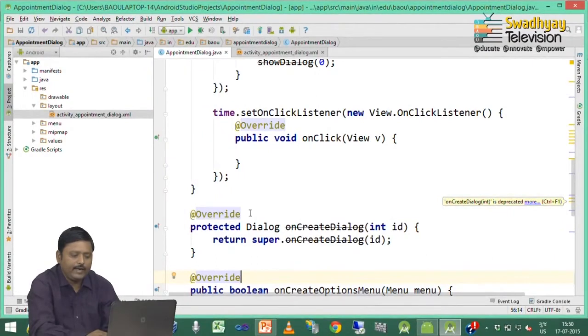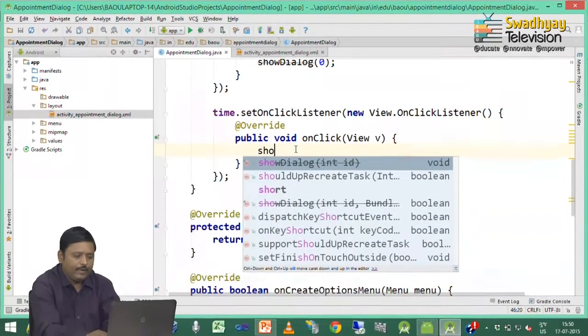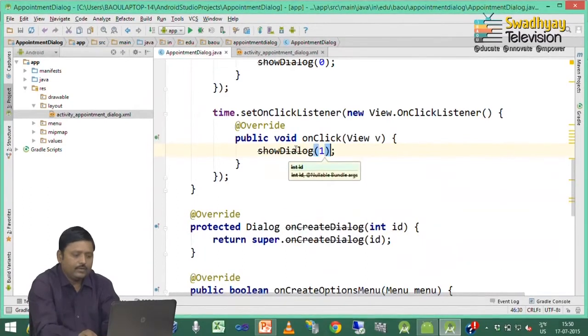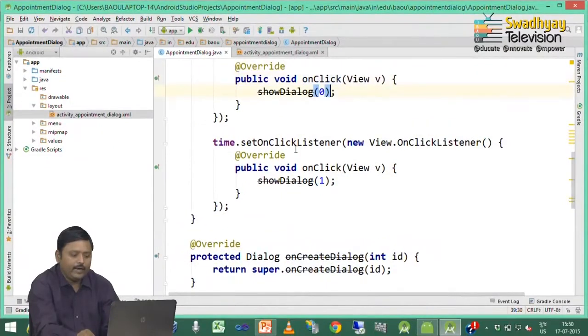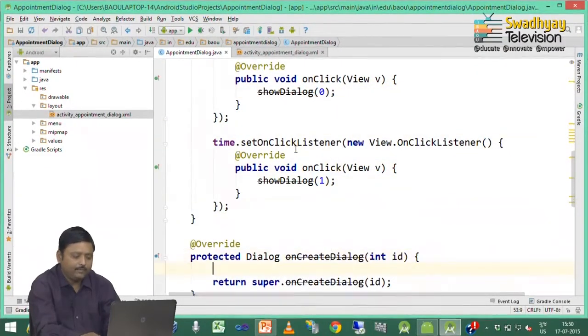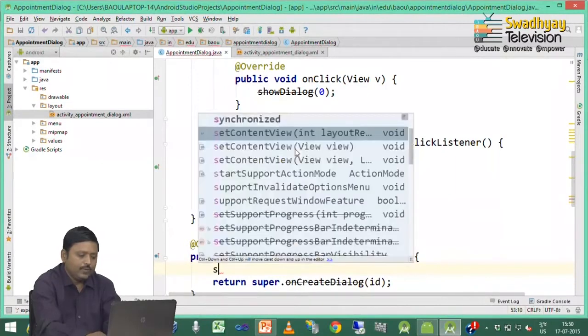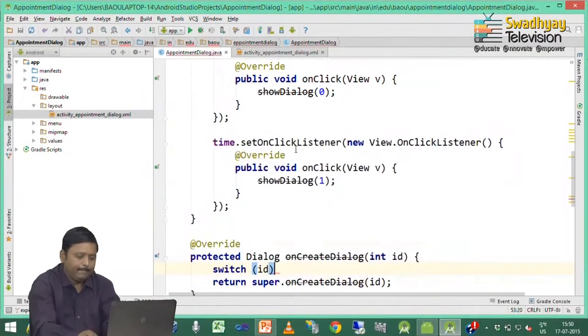So, here we can write that if it is 0 then we have to show the date dialog, and if inside the time button we write down show dialog 1, then we have to create the time picker dialog, and otherwise if it is 0, we have to create the date picker. So, here I write down switch on ID